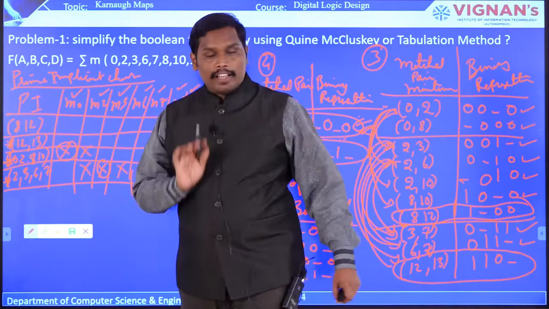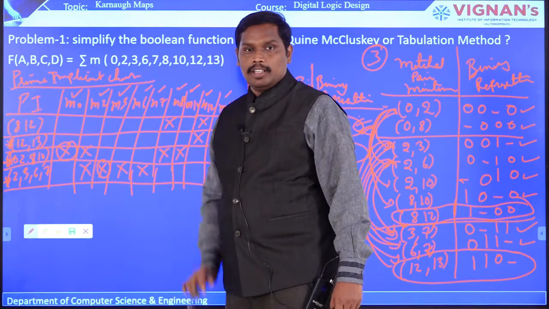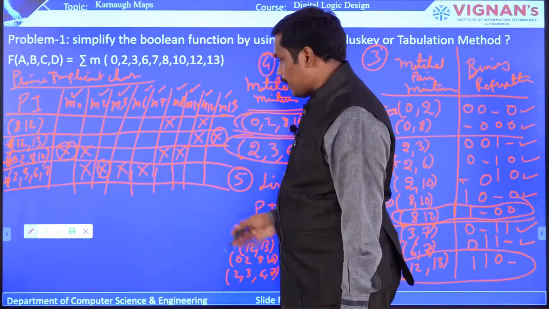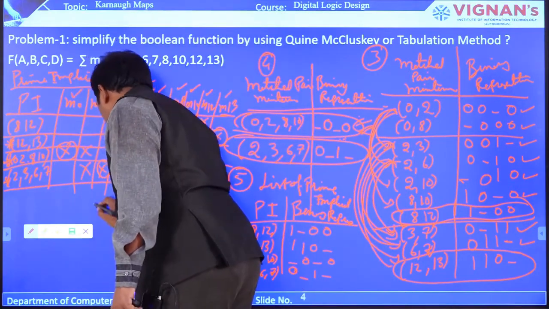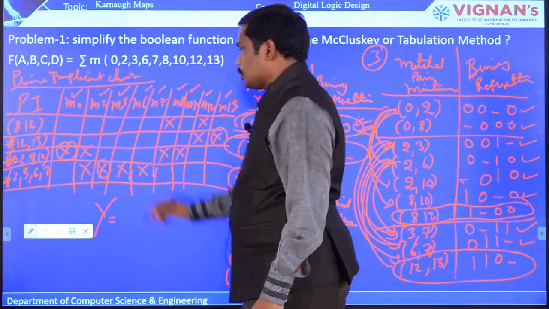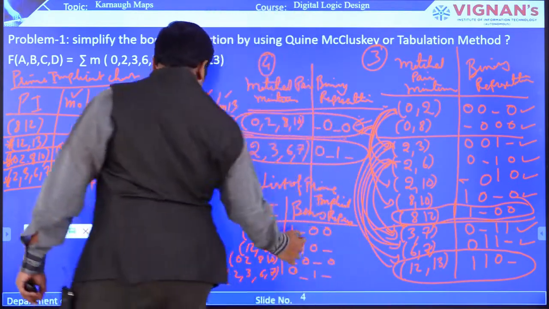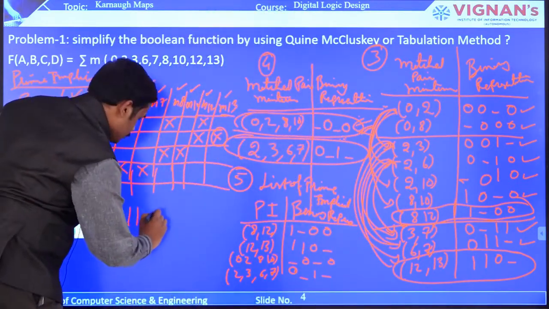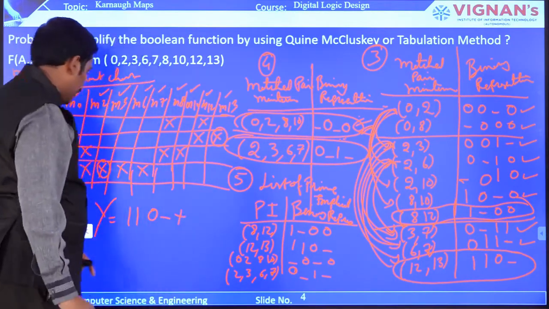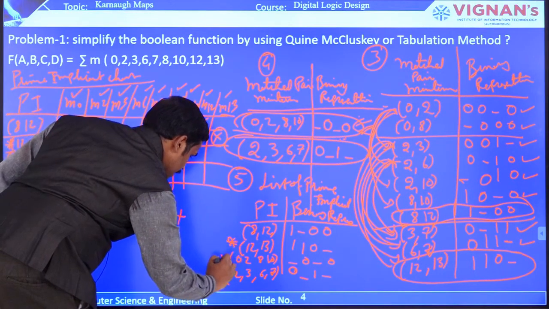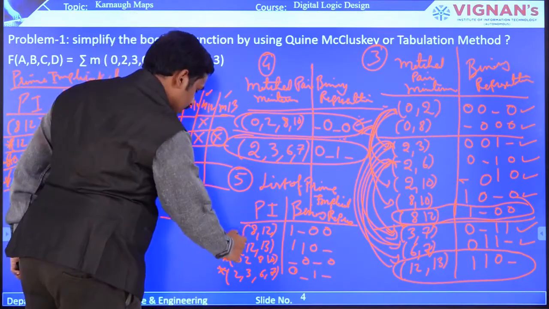From the table, the unchecked pair will be prime implicants, but here you are going to check essential prime implicants. So this will be part of the final expression. Now you can see that with these three we can form an expression, right? So 12, 13: what is the binary representation of 12, 13? It is 1, 1, 0, dash. And what about the second prime implicant? These are the selected prime implicants as per the prime implicant chart. Now tell me what will be the second essential prime implicant. These three are essential prime implicants.